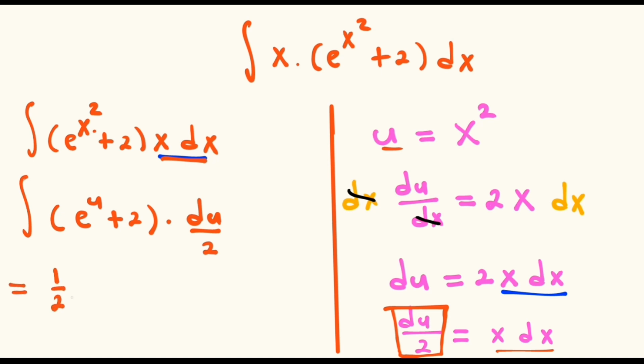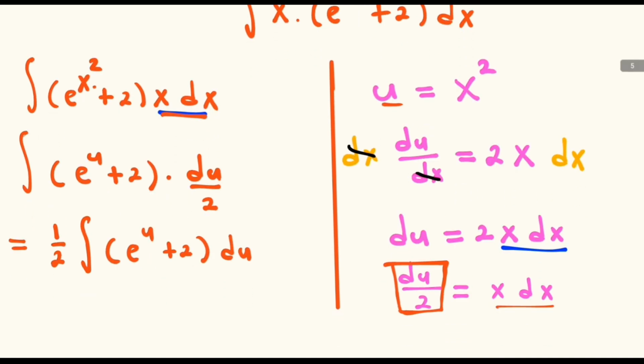We take the 1 over 2 out of the integral, and we have the integral of e to the power u plus 2 multiplied by the du, and this will be equal to 1 over 2 multiplied by the integral of e to the power u, which is just e to the power u, and the integral of that 2 with respect to u will be equal to 2u